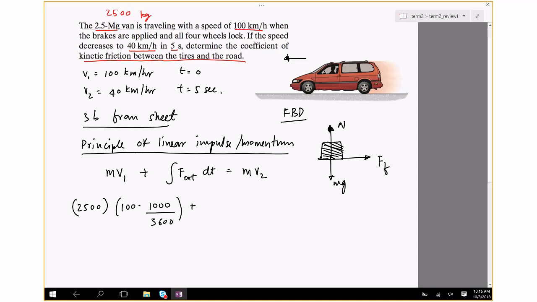So F external is the friction force, which is mu k m g. Since that force is constant, I can move that out, and I just have to do the integral of dt, which is t minus 0, where t is 5, equals